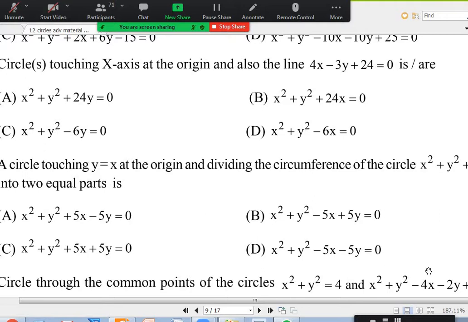Okay, so in this more than one answer questions, yesterday we did up to the 11th one. So let us continue from the 13th one. In the 13th one, quite a similar question we did in the class, but I thought we'll do all the odd numbers. Doesn't matter whether easy or difficult or we have done similar questions. They want a circle touching x-axis at the origin. Not x and y axis, only x-axis at the origin. And the line 4x minus 3y plus 24 equal to 0.